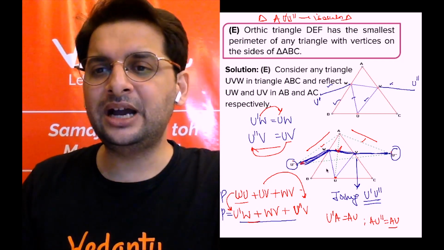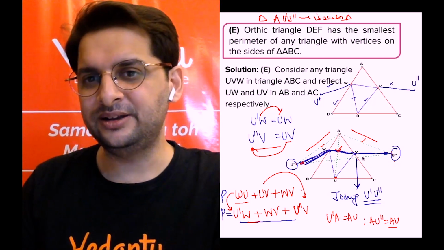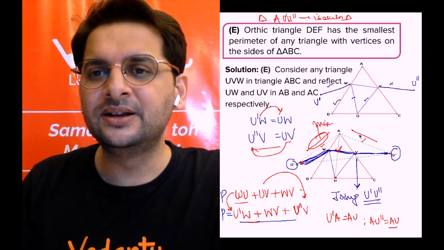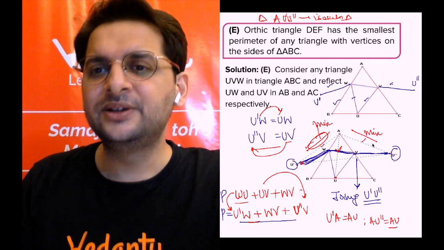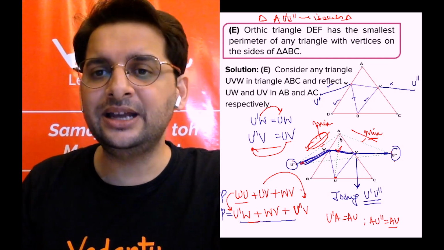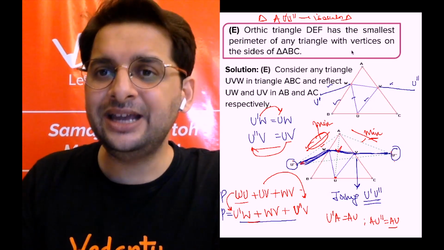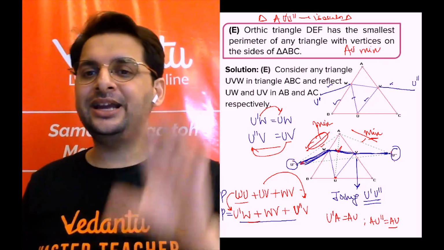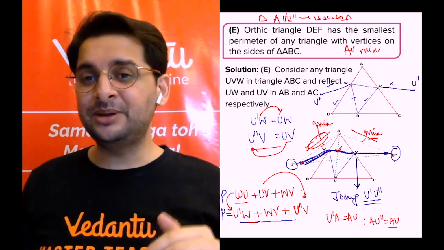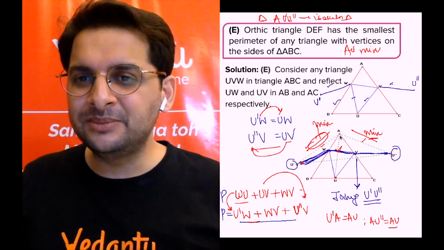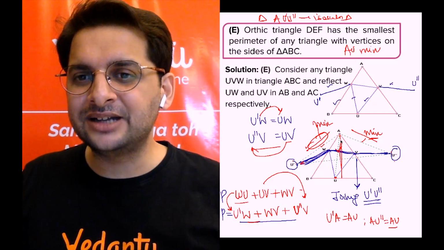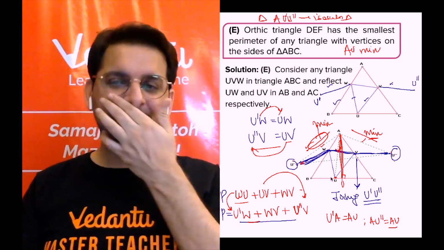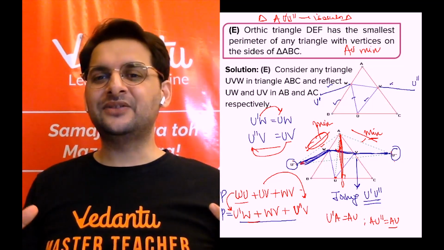Now if I have to minimize the length of U dash U double dash, can I say I should minimize the side of the isosceles triangle, because this length and this length are exactly same? So if I have to minimize this, and AU dash and AU double dash are same as AU, can I say I have to minimize AU? So U is one such point on BC such that AU is minimum. And if AU is minimum and U is a point on BC, when can AU be minimum? AU can be minimum if it is at the shortest distance. So that means U is the foot of the perpendicular from A to BC. And hence, the question is done.